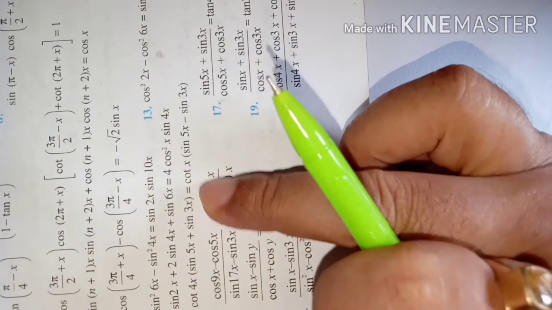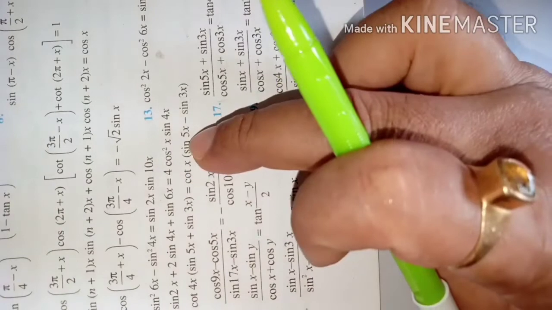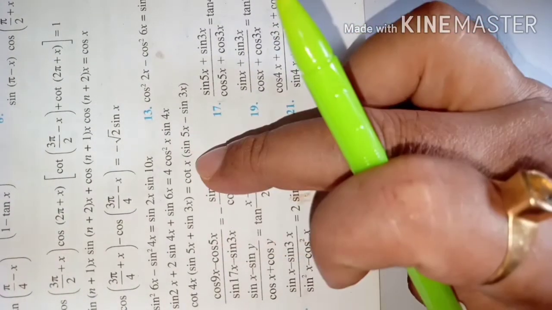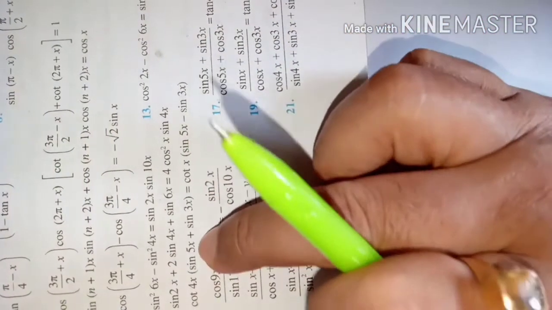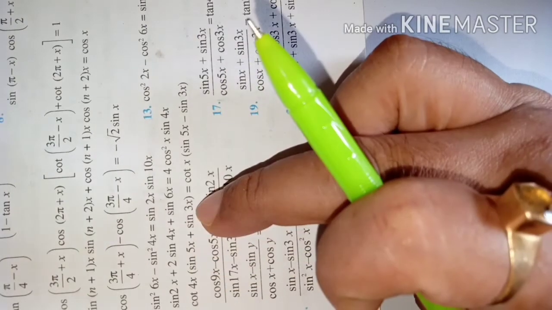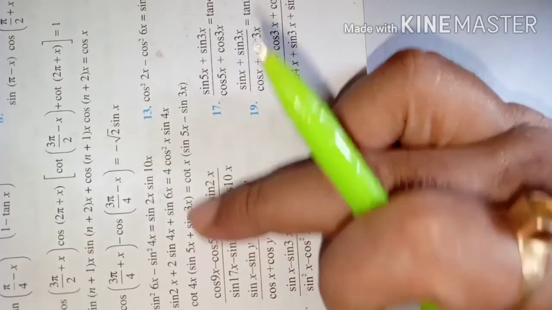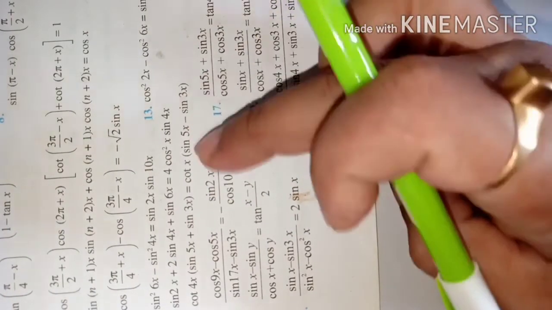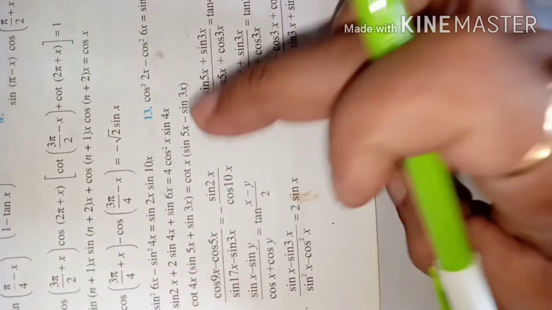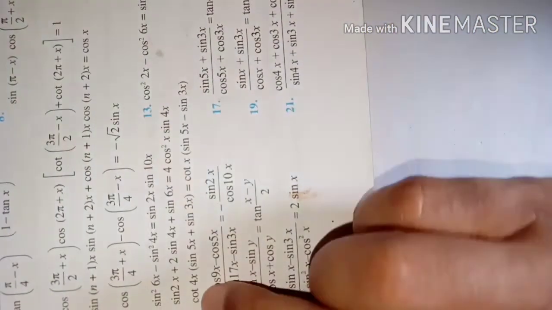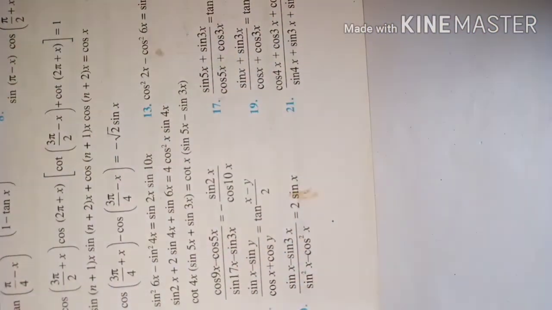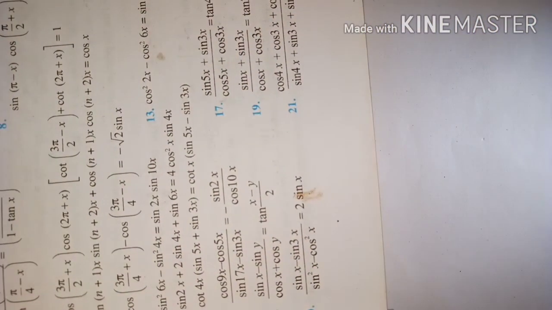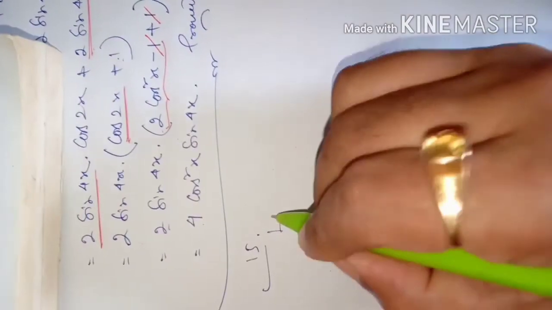Okay, dear students. So sometimes you will get directly the other side, but in this case you are not going to get it, because here you see the plus operation between sine 5x and sine 3x. If we apply here sine a plus sine b and here sine a minus sine b, then both will give us different expressions which will be balanced with these two coefficients. So that's why we need to simplify both sides. Okay. So I am first writing the left hand side part of that.